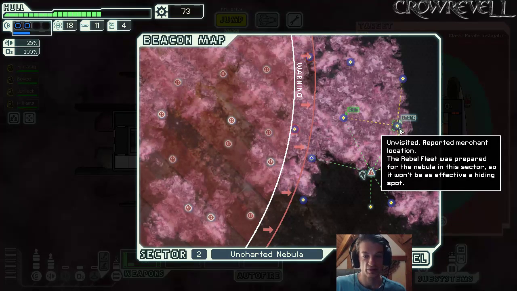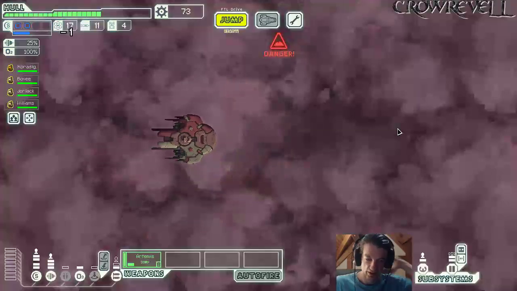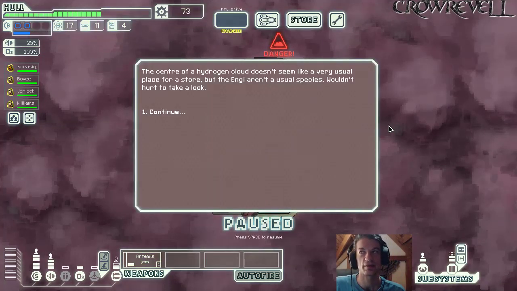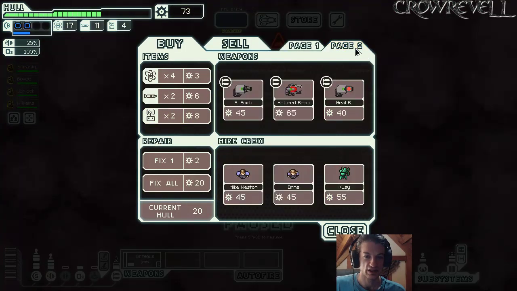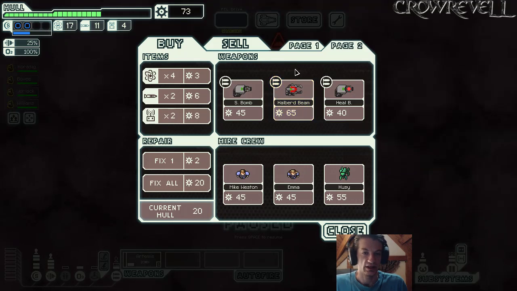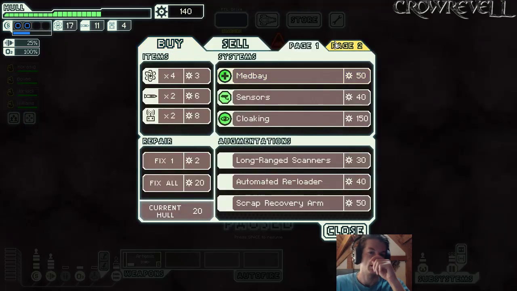Well, that is actually my store. I'm just gonna go to it. The amount of scrap I could get from that fight is probably gonna be less. Long-range scanners, I need weapons. Halberd beam. Well, I mean, halberd beam would be good. If. Okay, I sell that,